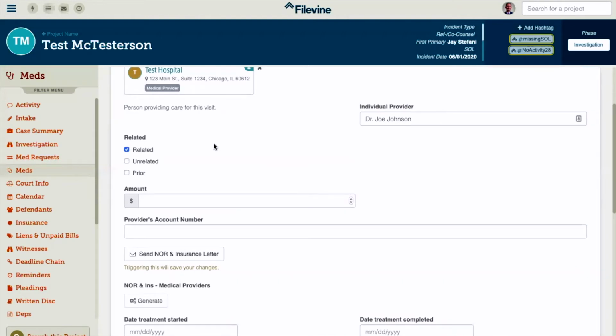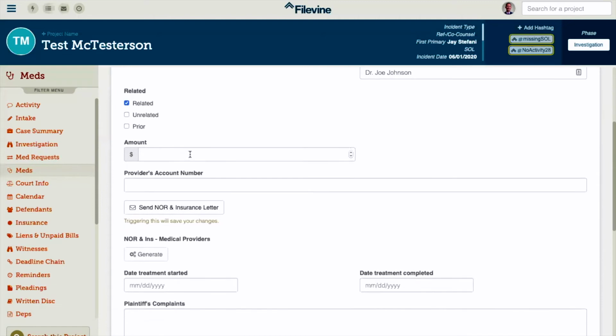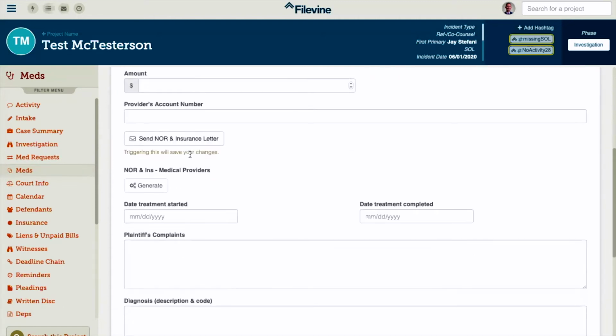For example, if you are seeing your primary doctor, you might have seen your primary care physician for an injury related to the incident, but we might have received in that batch of records maybe a record for a visit where you went in for your annual exam, or maybe you just went in for a flu shot. We want to keep the records and bills separated, what's related to the case and what's unrelated to the case. We would then put in the amount for that visit,